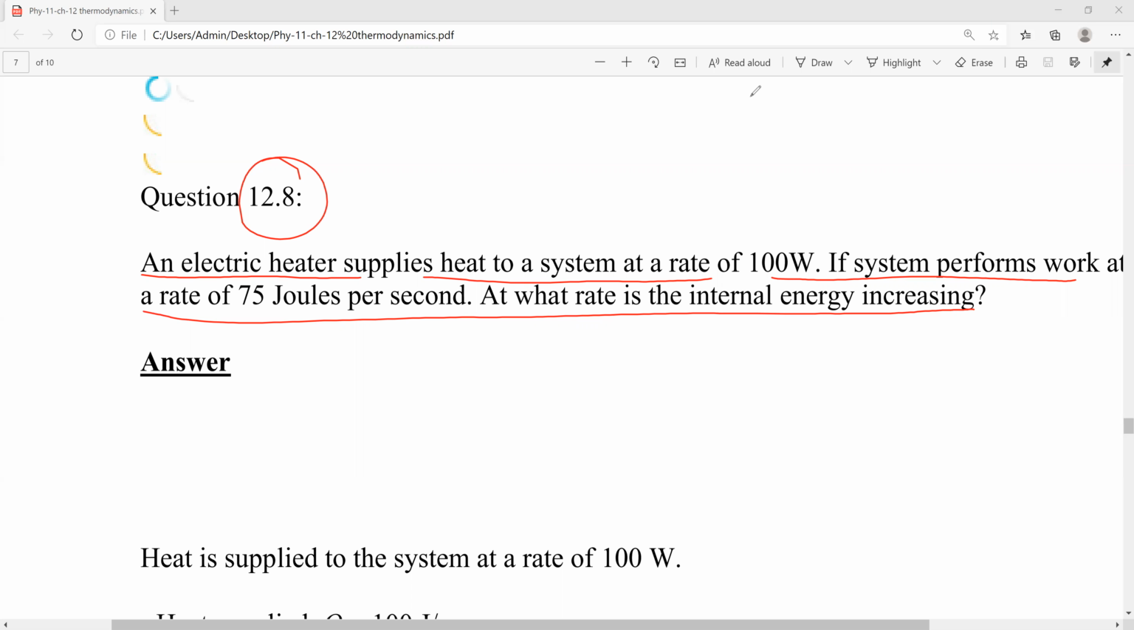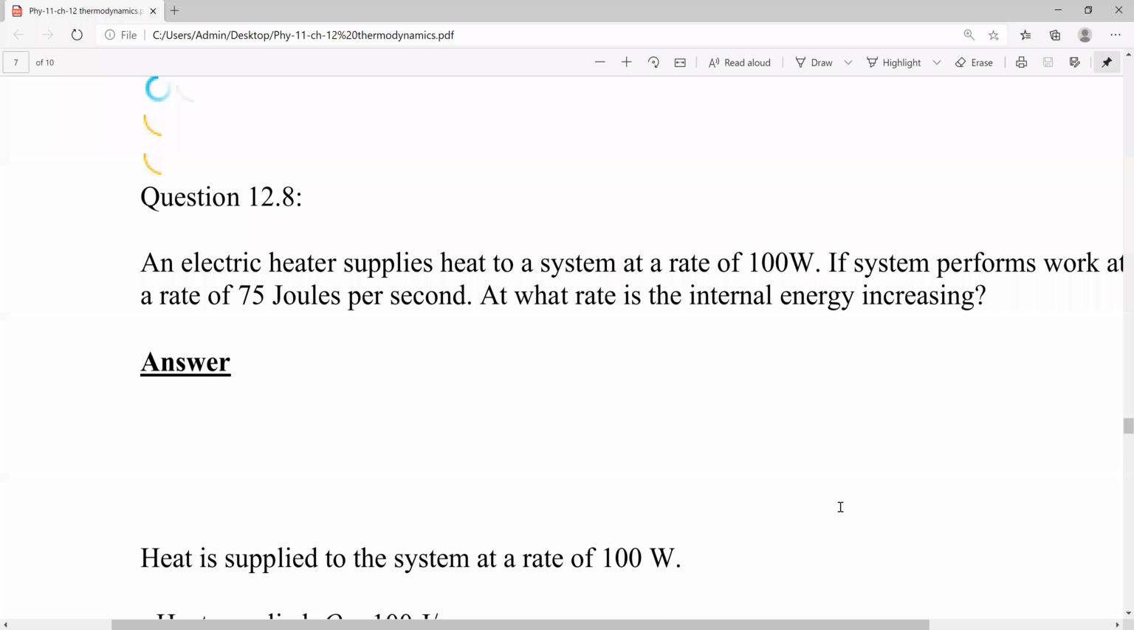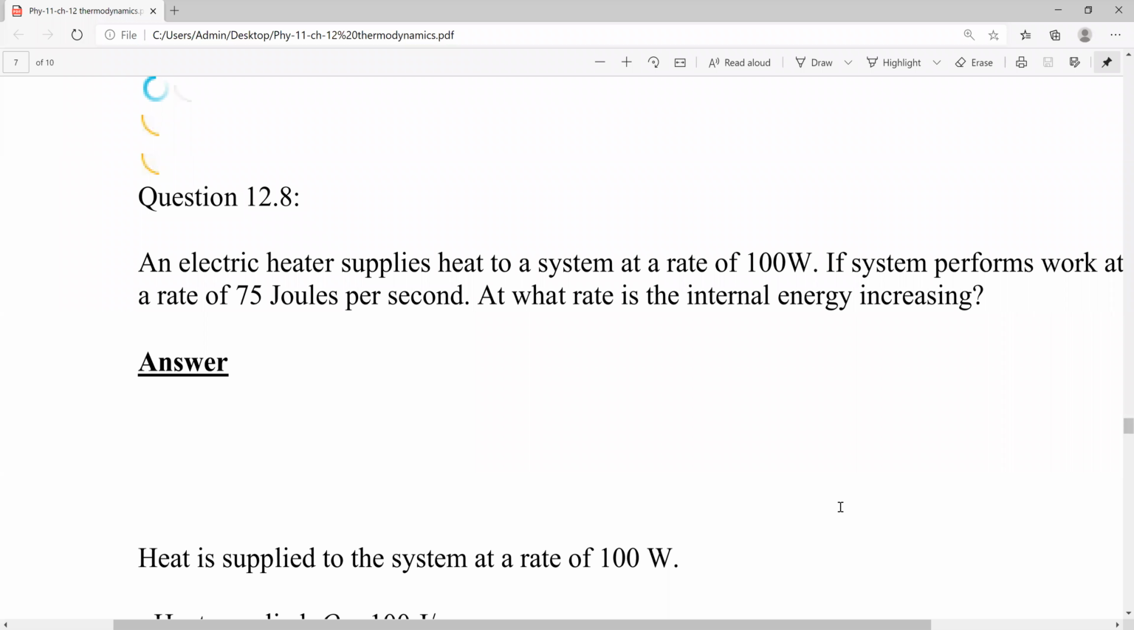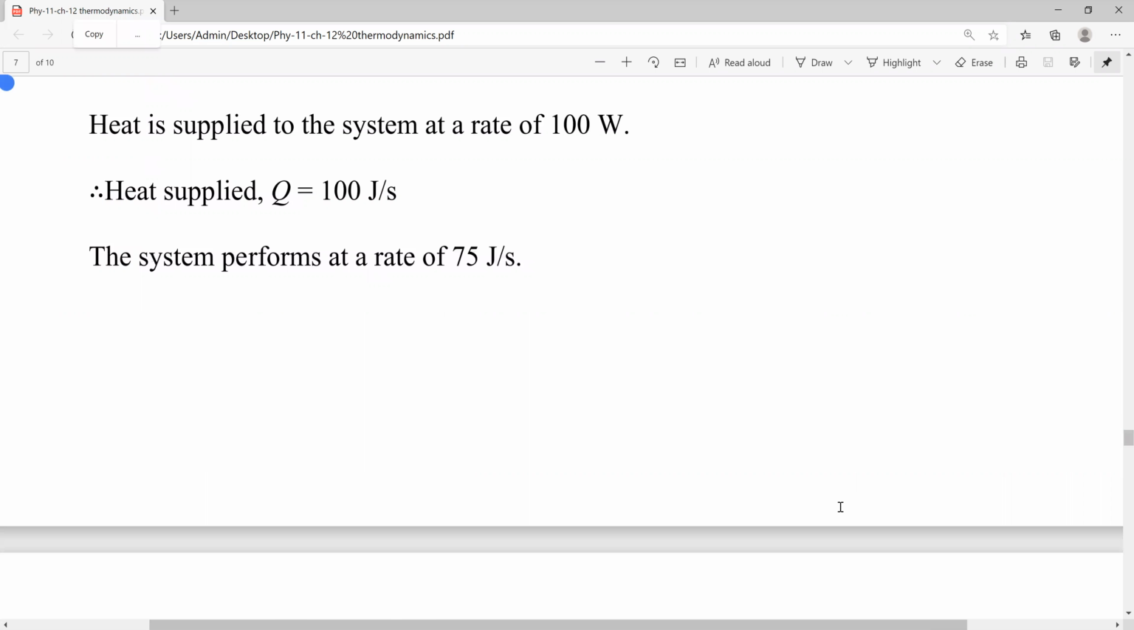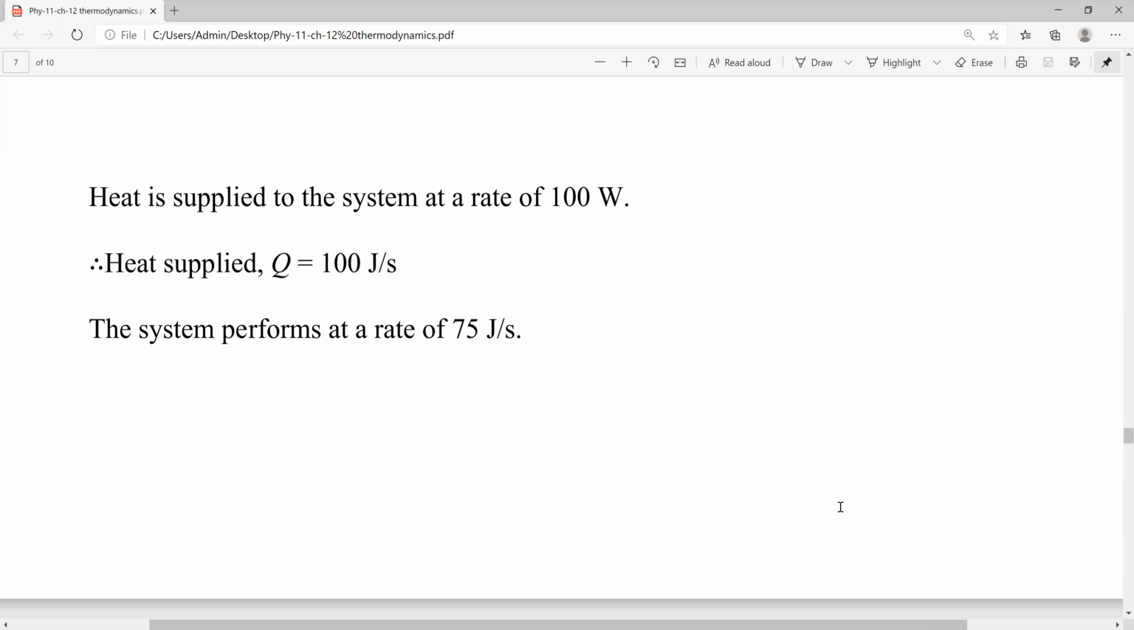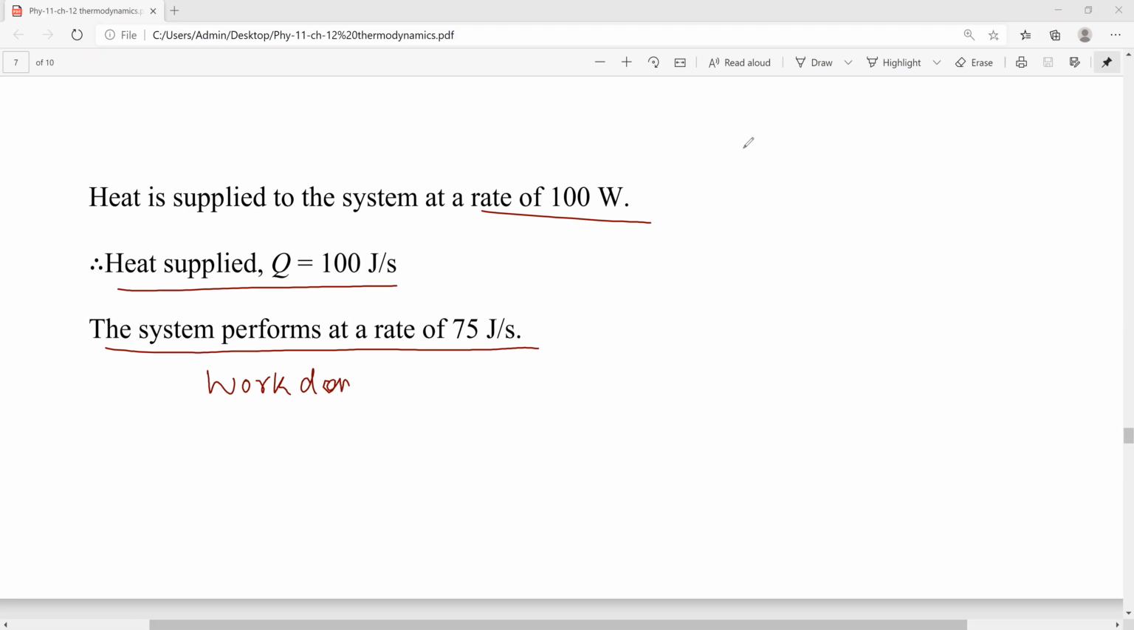So let us see how to solve this one. From the question, they have given that heat is supplied to the system at the rate of 100 watt. Heat supplied, we take as Q. So that is 100 joules per second. The system performs work at the rate of 75 joules per second. So the work done, W, is equal to 75 joules per second. So from the first law of thermodynamics,